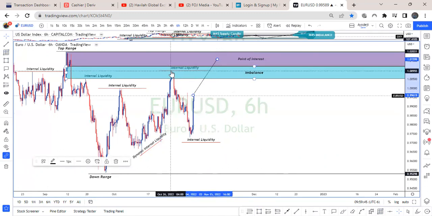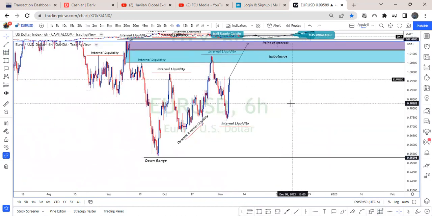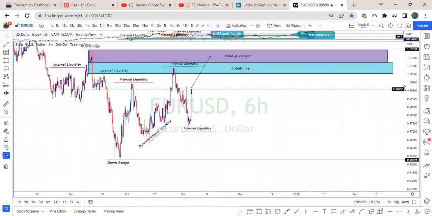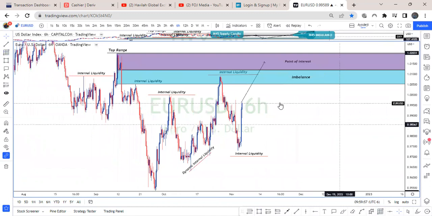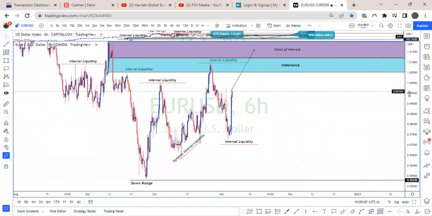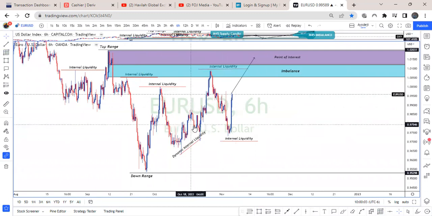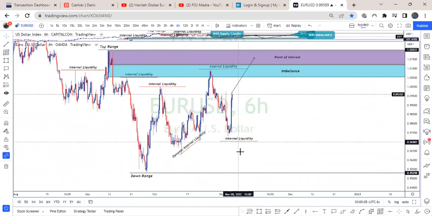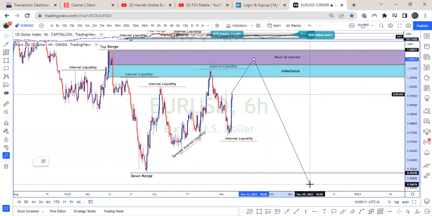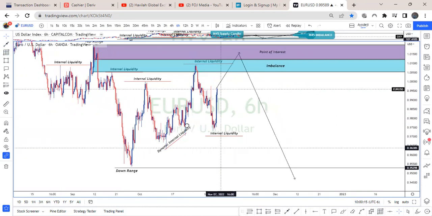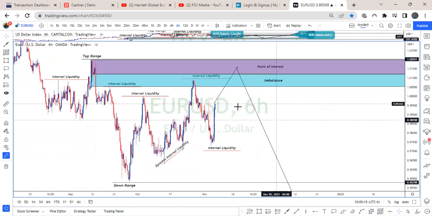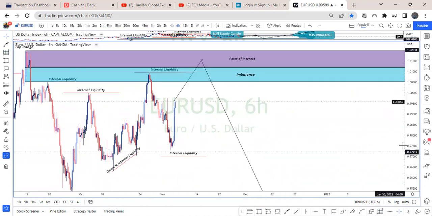By doing that, price will take out this liquidity, and then we are going to see the sell continuation. The sell continuation that will now take out all this liquidity, this dynamic liquidity and this static liquidity. So price may likely go there and then sell down. By that, price will take out this one, price will take out this one, and then price will give us a new low. However, let's see if we can get a buy.